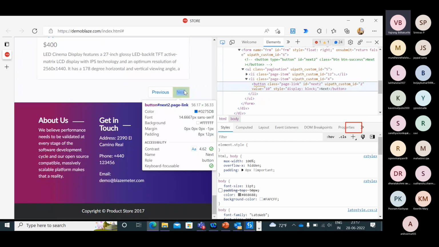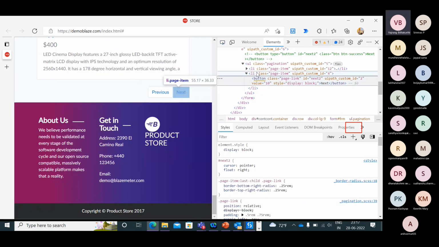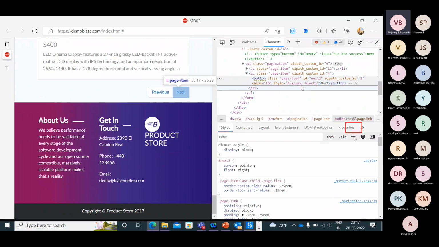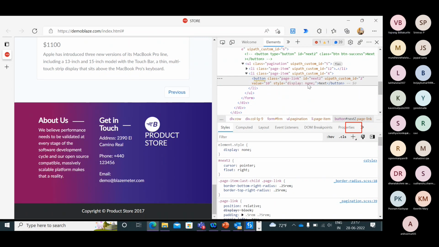Click on next. Okay, so this is a list item, and we have a button here. The display style is block. When we click on this particular item, what are we changing the display style to? None.